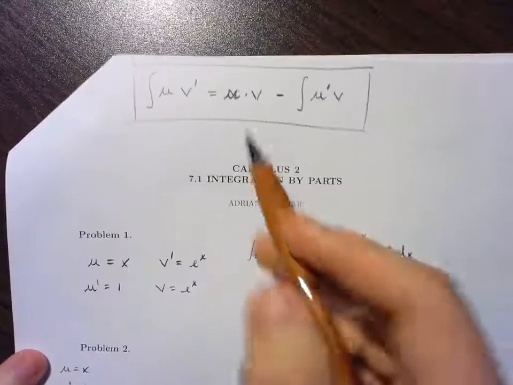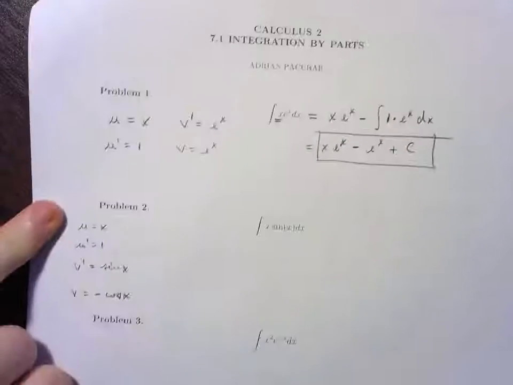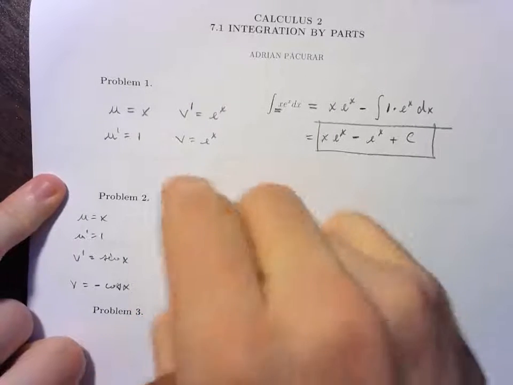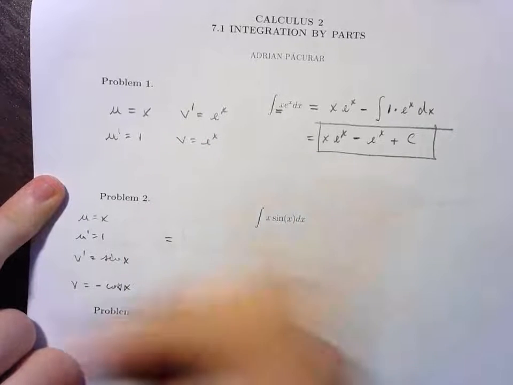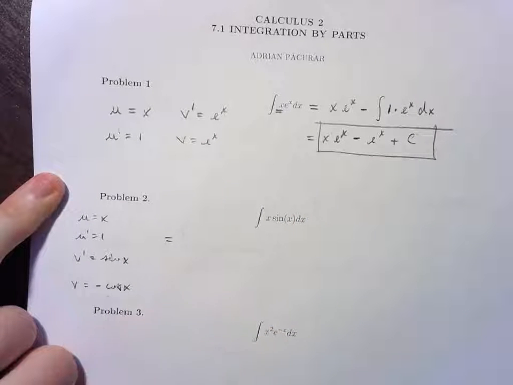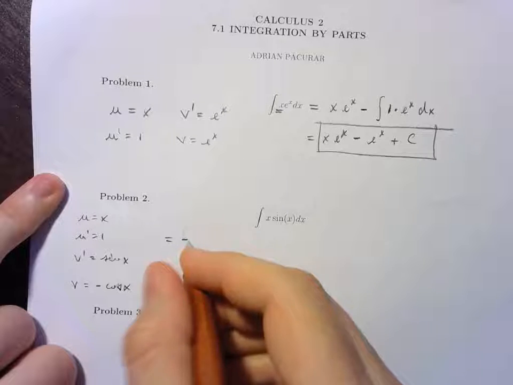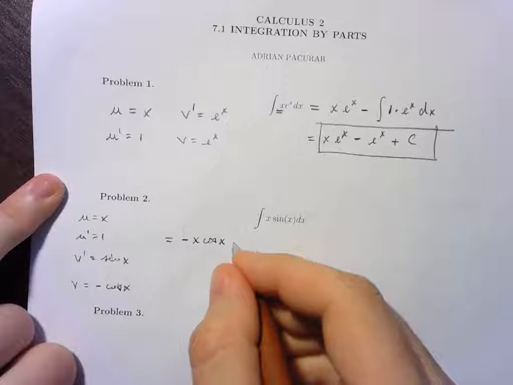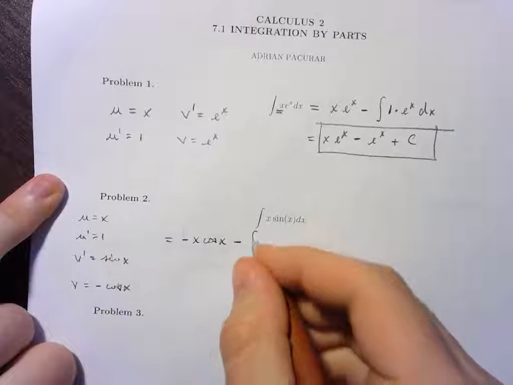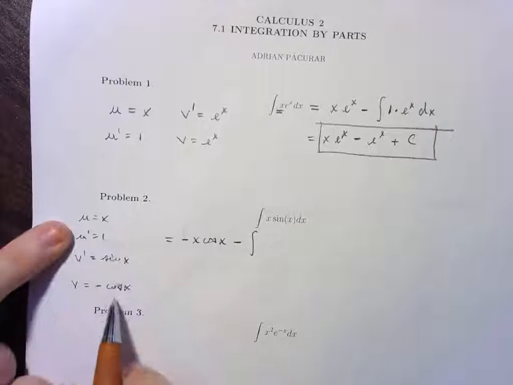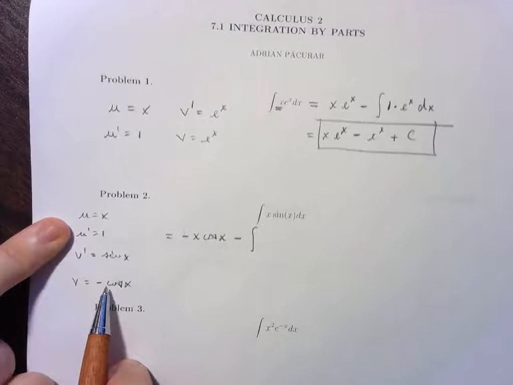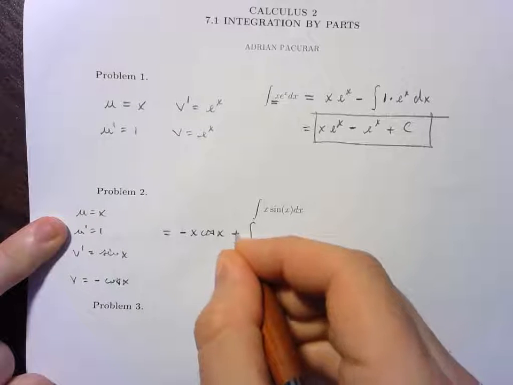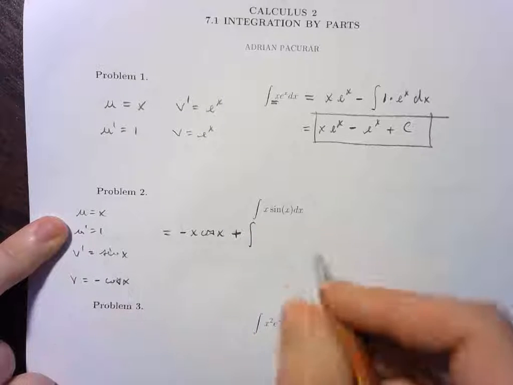And let's go ahead and run through the formula for integration by parts and plug everything in. So this should then be, not the integral, should be u times v, so x times minus cosine of x, so I'll just write it as negative x cosine of x, minus now the integral of u prime times v, so 1 times negative cosine of x. So we're going to pick up an extra minus sign, which means I might as well make this a plus integral of cosine